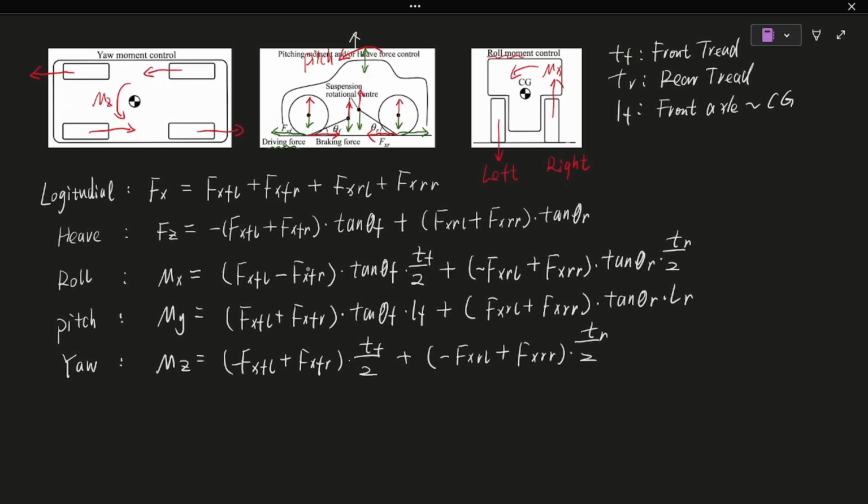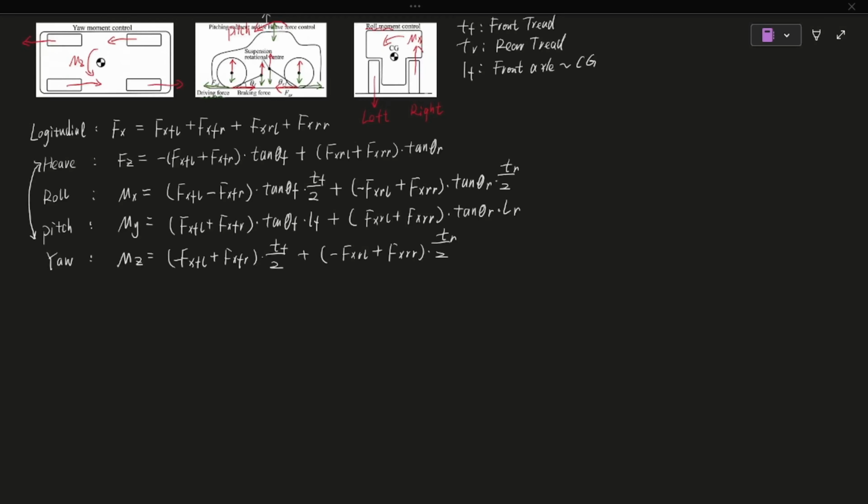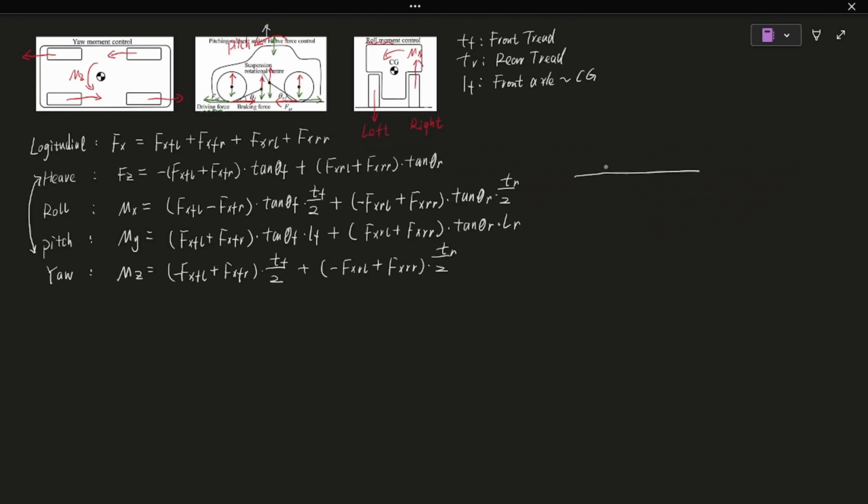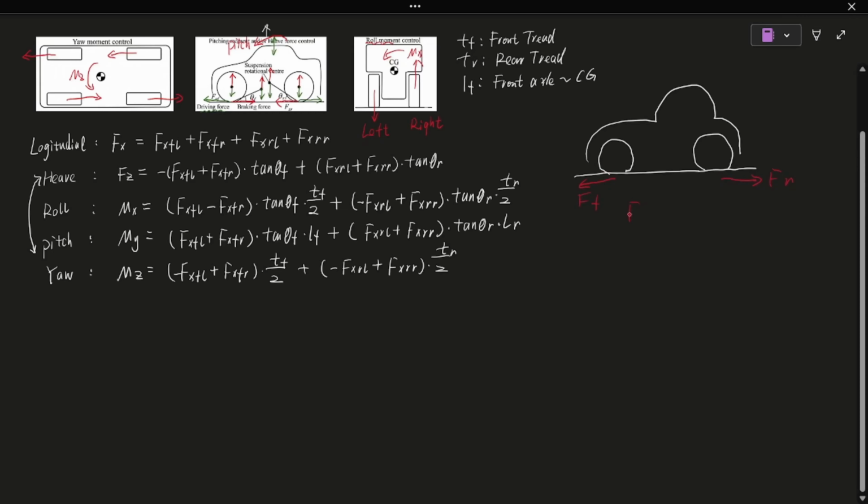Now, let's plug these control strategies into the motion equations. There is a key point here. Height and pitch cannot appear in the same set of motion equations. Why is that? When we build a control strategy for these 5 degrees of freedom, we follow a fundamental rule. The applied control forces must never interfere with the driver's normal intentions. If we apply a forward control force, Ff, we must also apply a backward force, Fr. These two forces must be equal in size, but opposite in direction. Let's assume this value equals delta F.